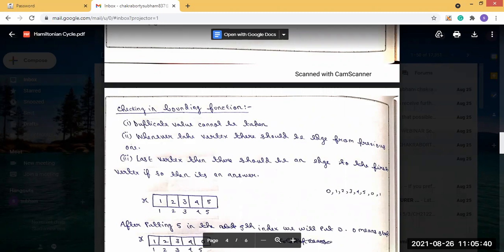Second, whenever we take a vertex, there should be an edge from the previous one. Third, when we have reached the last vertex, we check whether there is an edge to the first vertex or not. If all these conditions are satisfied, that means we have got a Hamiltonian cycle. So that's how we get a Hamiltonian cycle in a graph.